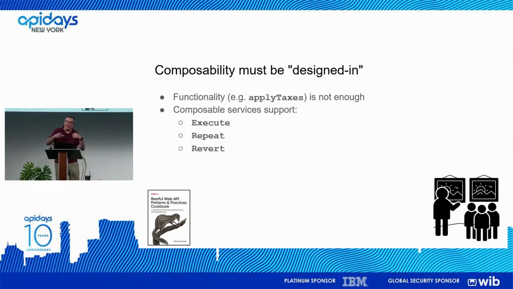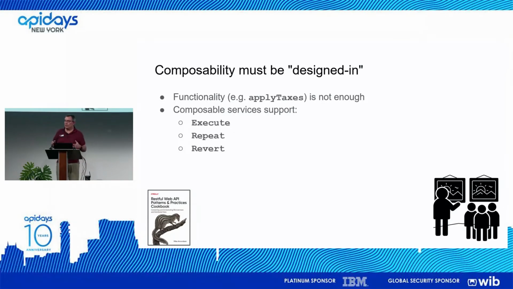So I have to design in this idea of being able to compose. I need to be able to compose services that know nothing about each other. I need to be able to compose services without asking for permission from someone, without writing special code. Just like I use a link. I put a link in my document to your document, and then everybody can see your document. So I want to be able to compose services the same way.